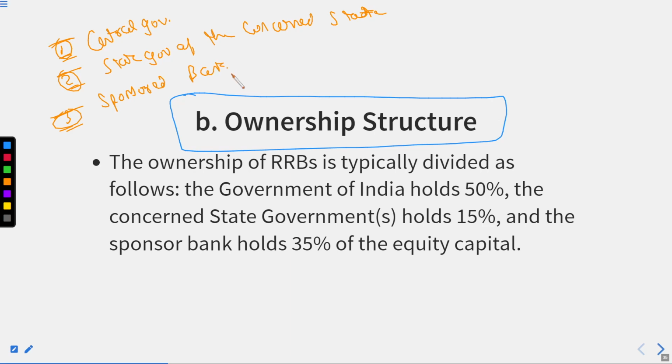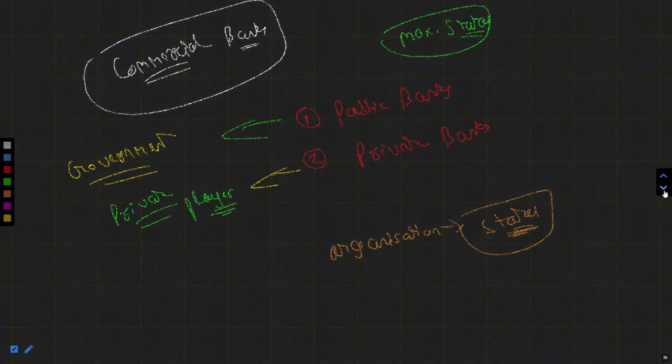Right? So if these three entities have their stakes or ownership in the regional rural banks, then they all must have their shares in the 100% stake of the bank, of the RRB you can say. Right? So what is the ratio of their stakeholding? If we go by this, then the Government of India, also known as the central government, holds 50% of the stake. The concerned state governments hold 15% of the stake and the sponsor bank holds 35% of the stake. All right. So if we go by this,